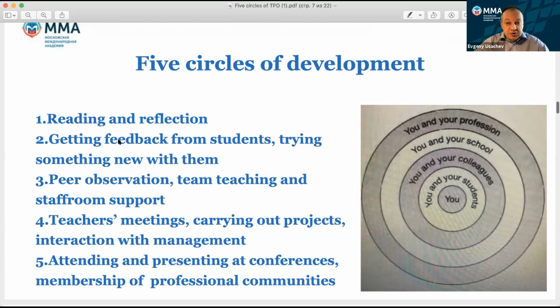Then you and your school. Of course, there are teachers who are freelancers and work individually, but many of us work for companies, and that's why it's very important to develop in this field as well, taking part in teachers' meetings or carrying out school projects or just interaction with the school or university management. It also gives us a nice chance to develop.